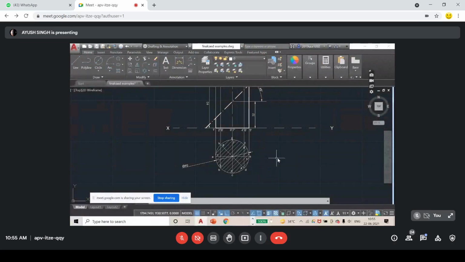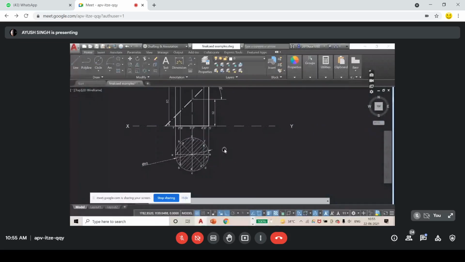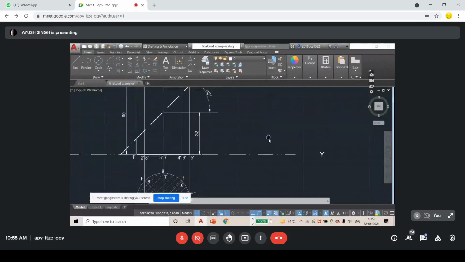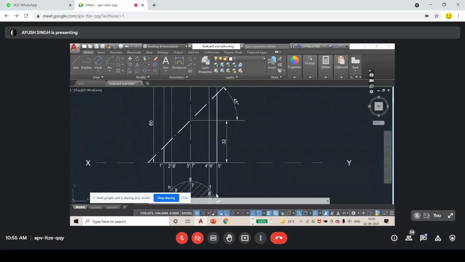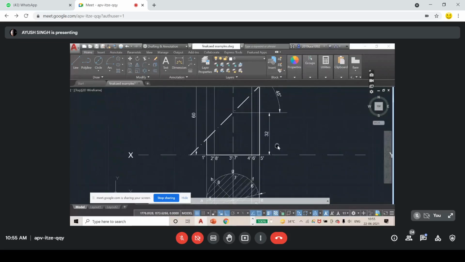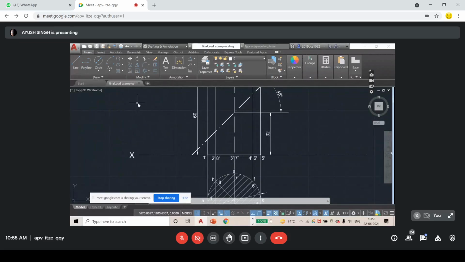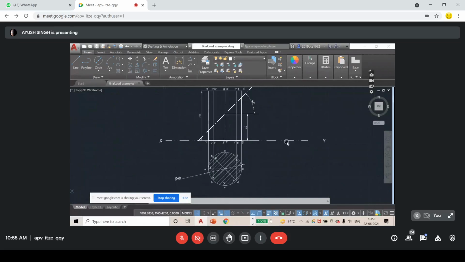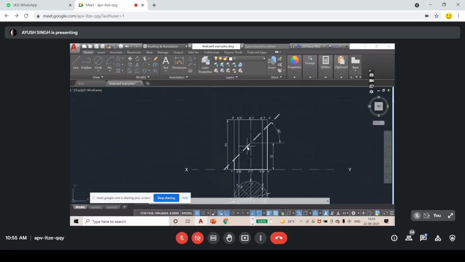I'm going to create some X lines from here, and I'm going to rotate these X lines at a 45-degree angle, and then rotate them again at 45 degrees to get the sectional side view. That means I am seeing from this side. When I see this from top, I will see this. Similarly, when I see this from this side, I will see the sectional side view. And when I see this perpendicular to this axis, I will see the true shape of the section. Okay, so this is the logic.